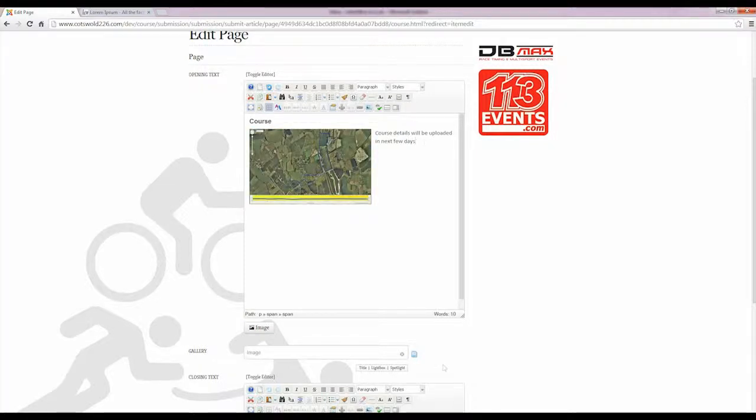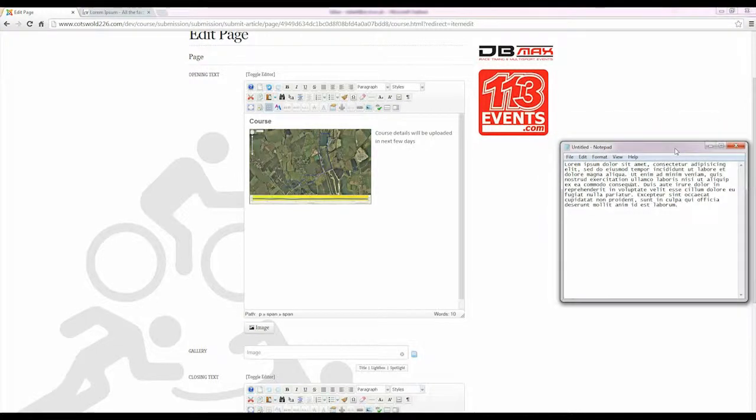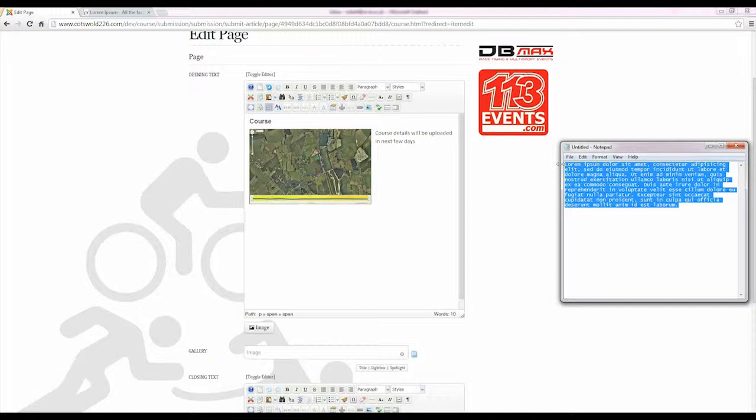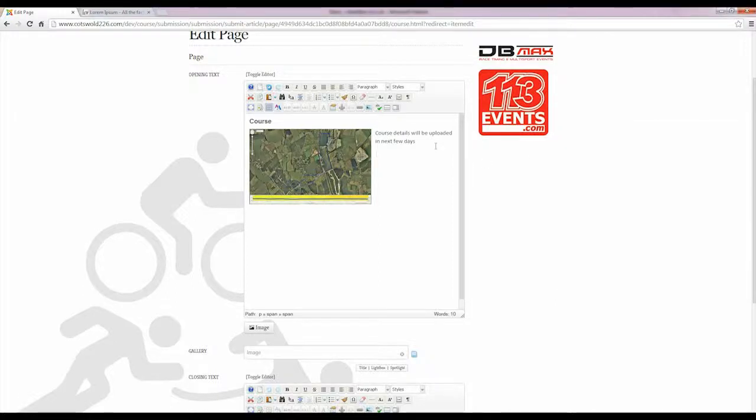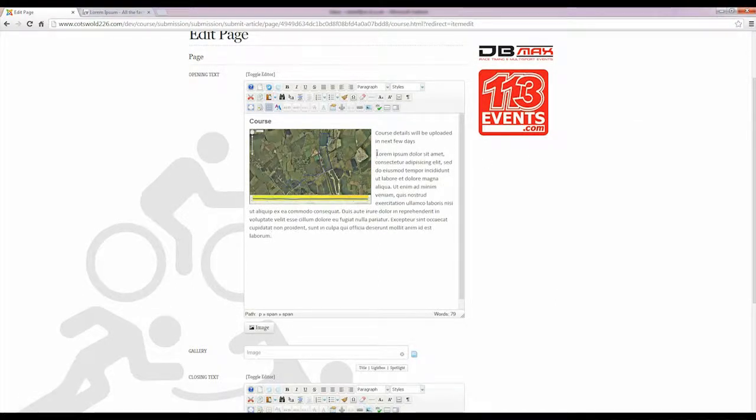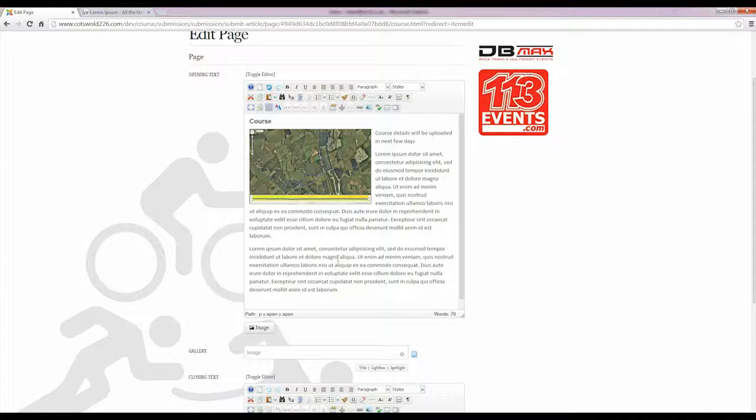So now we want to add in a bit more text. I've got some dummy text here. I'm just going to copy that, okay, and we're going to paste it in. Now if you're copying and pasting text from, say, a Word document or off of the internet, it is important to paste it into something like Notepad first. Okay, so we paste the text in there like so, and we'll put in another return in there and another bit of text. Okay, so let's now add a link to a PDF, link to PDF,